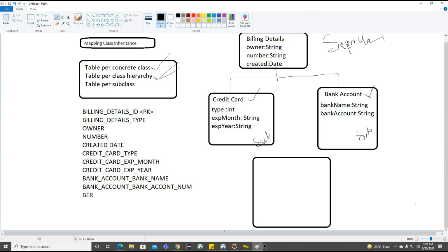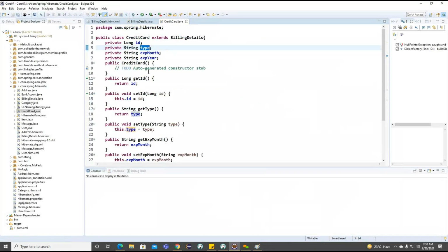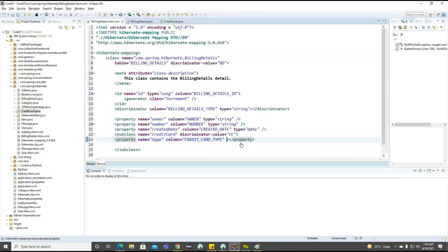And what is the type we are having here? String. All are strings only.